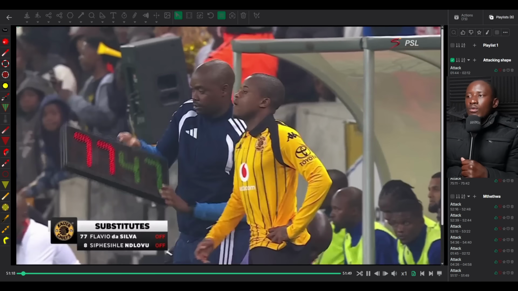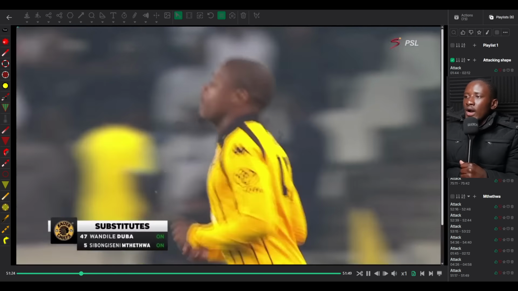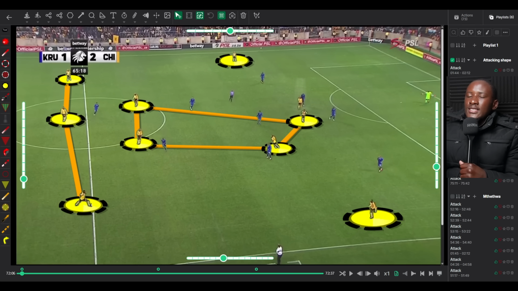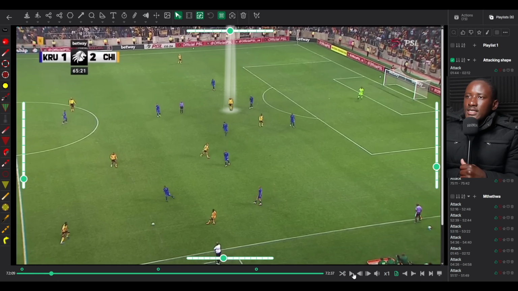Right, so now as it moves on, we have halftime and then Da Silva is out and Lovu are out, and now Duba comes on. So the first thing that you see when these guys come on is that literally nothing has changed in terms of shape. Duba is still the striker alone up front, and then the box midfield, and then the winger in Badman on the left, and then on the right you have Munyan giving you width. But what you will also see here is that when Chiefs have the ball, Duba just stays there because we don't need you to drop too much into the midfield because we need a target in the box.